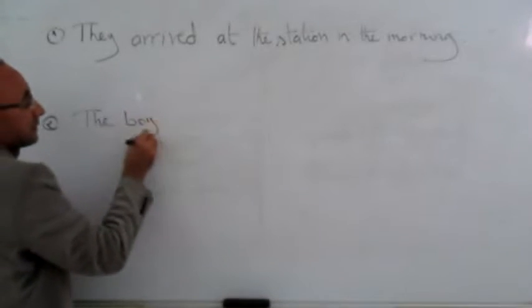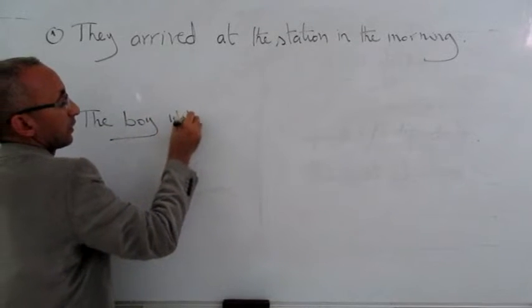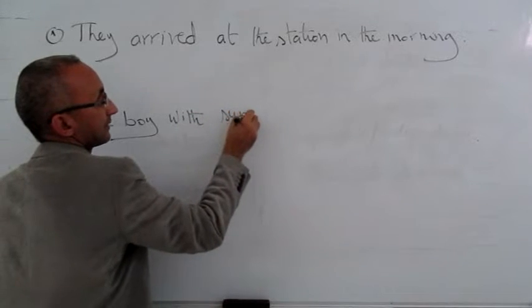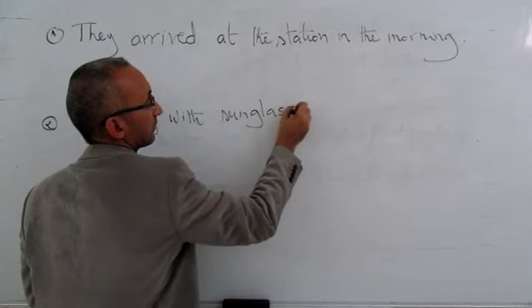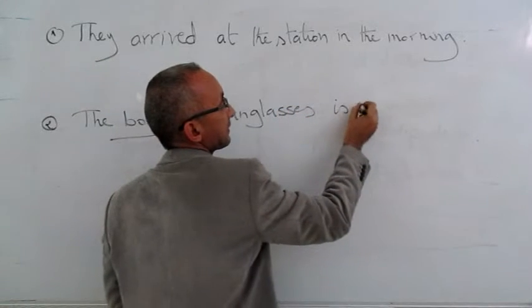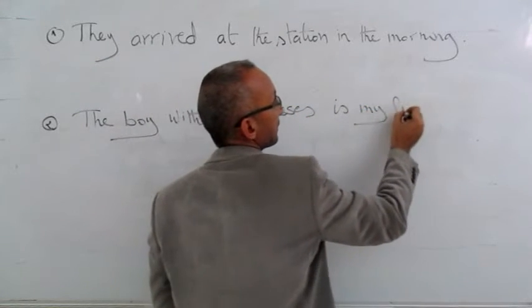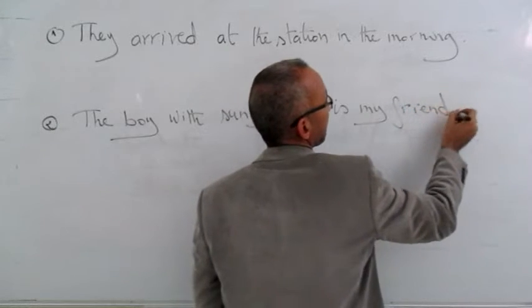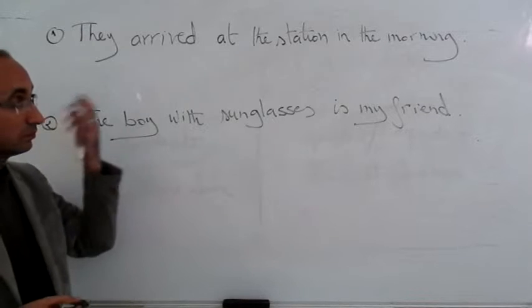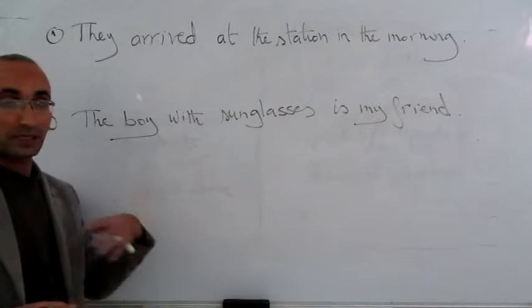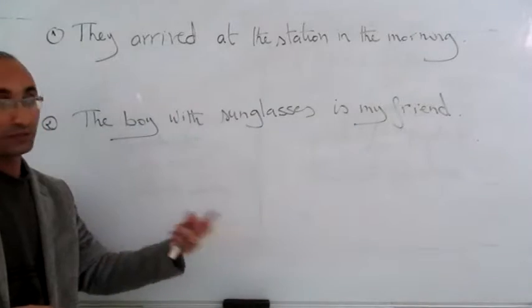Number two. The boy with sunglasses is my friend. Is my friend. Now here we are with two simple sentences as our examples to tackle the first type